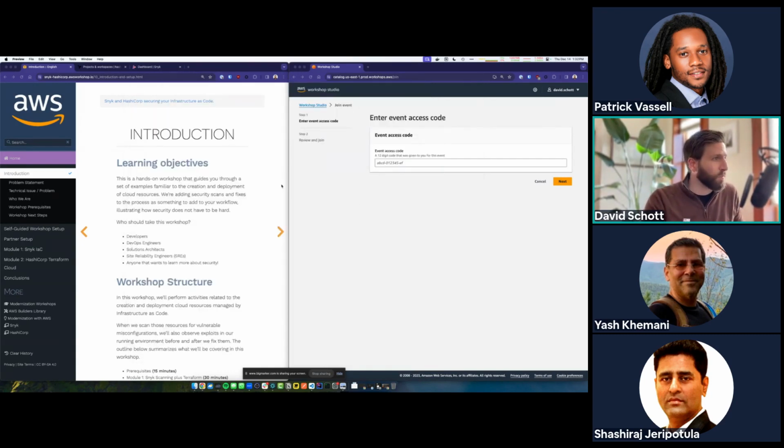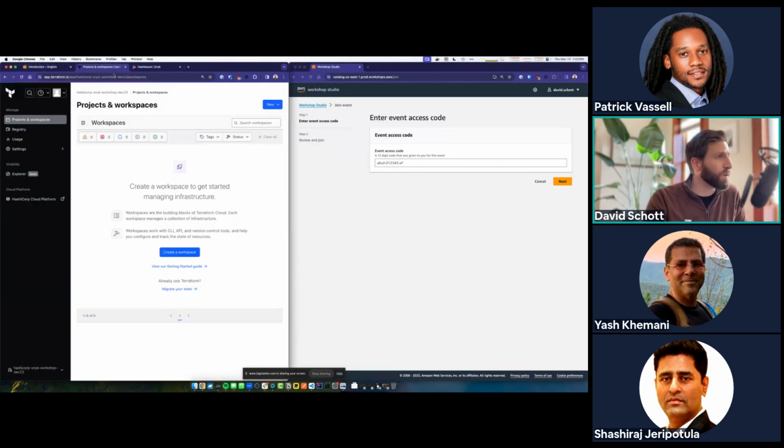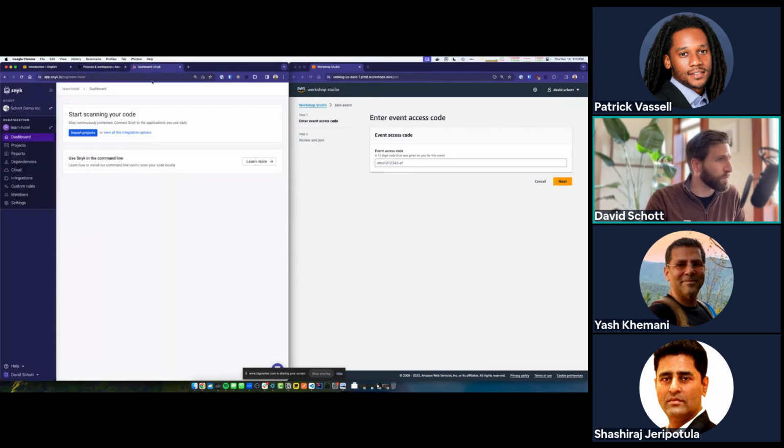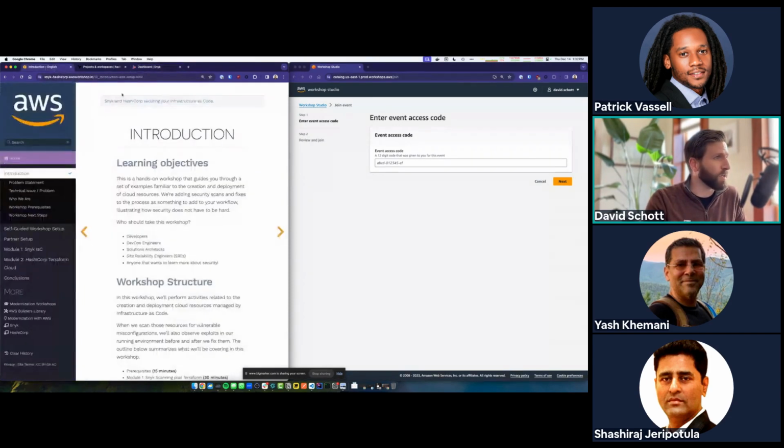So again, please have your screen looking just like this. By now, I hope you've already got free accounts for Terraform Cloud. So your screen should look something like this. You should be logged in. And then similarly on the Snyk side, it should look something like this. Now yours might say ungrouped here, which is fine. That's just how it looks when you're on a free Snyk account. Mine looks a little different because I've got an enterprise account. But as long as it looks similar to this, you're in a good spot.